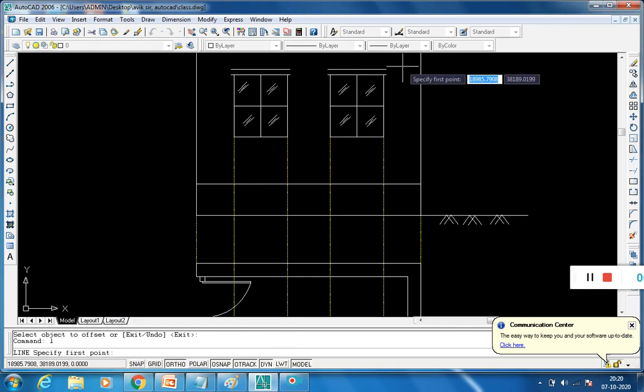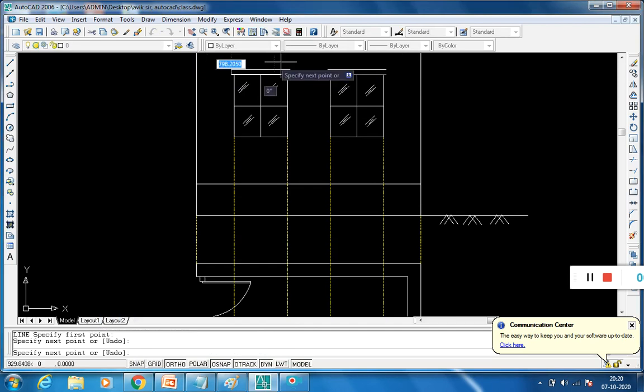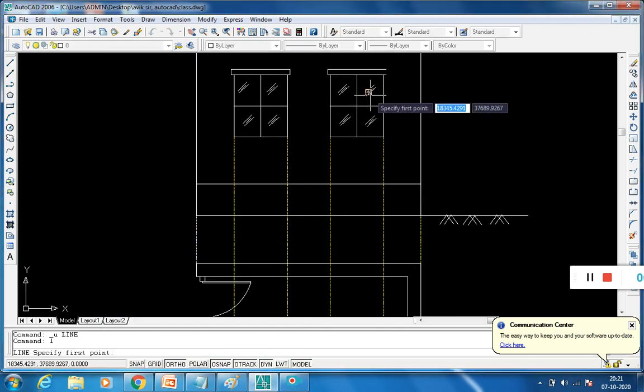Use the line command. For undo, press Ctrl Z, again press the line command.